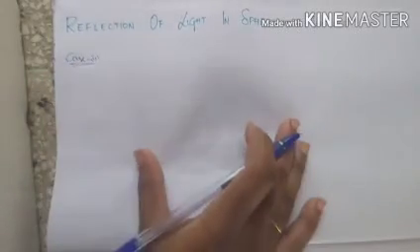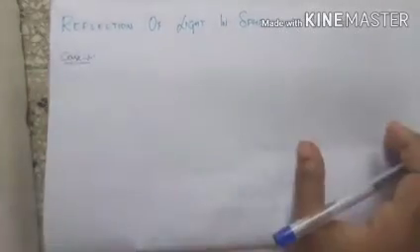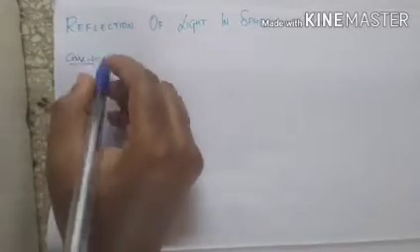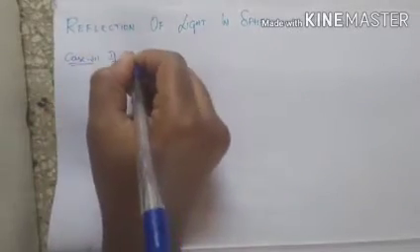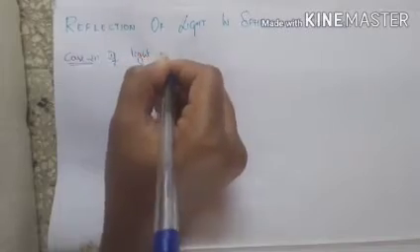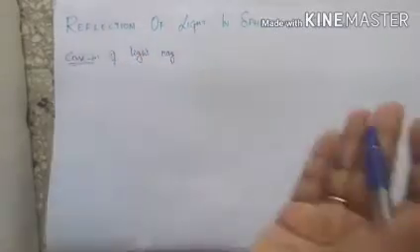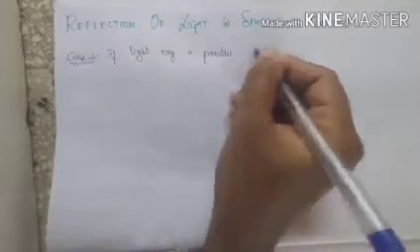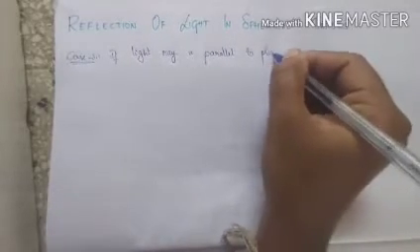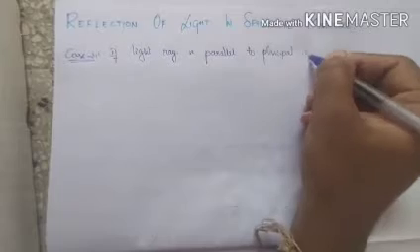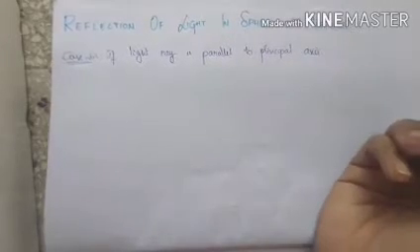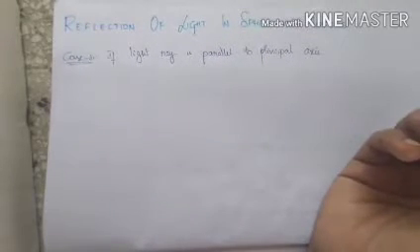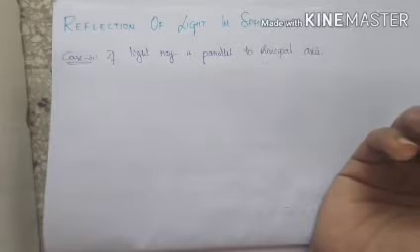As we know, spherical mirrors are of two types. I'll be writing concave here, convex on this side. So see this: if the incident ray is parallel to the principal axis of the reflecting surface. To know what the principal axis and all the other related terms are, just go through my video on spherical mirrors and the terms related with it. I have given the link in my description, so that you can have a clear idea.